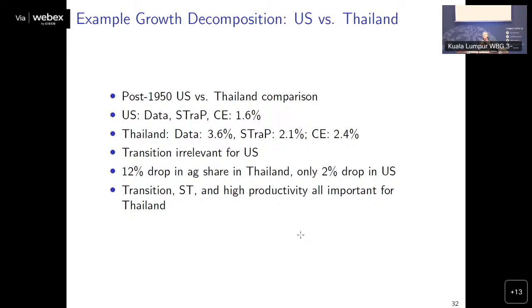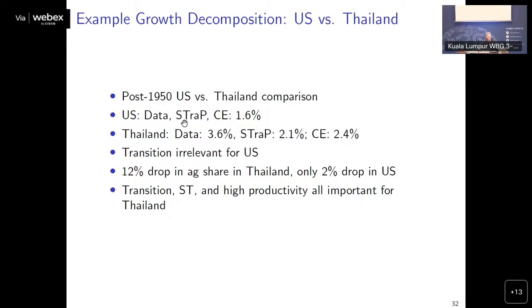Okay, now I mentioned one thing useful you can do with the strap is to learn about productivity processes when you don't have data on capital. So we did that historical example. Another thing that you can do is decompose growth. You can decompose growth into what comes from structural transformation, the medium-term dynamics, and what comes from initial values. And so I want to do this comparing the US and Thailand